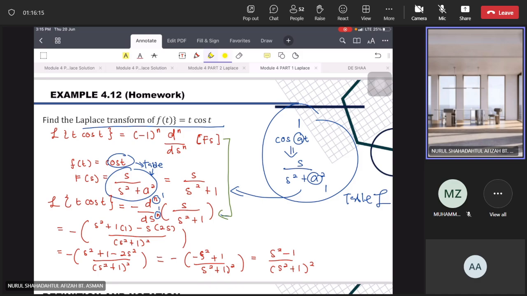So the answer, how did you get from this one? Because you are referring to what you calculated from here, S over S square plus 1. So your S in